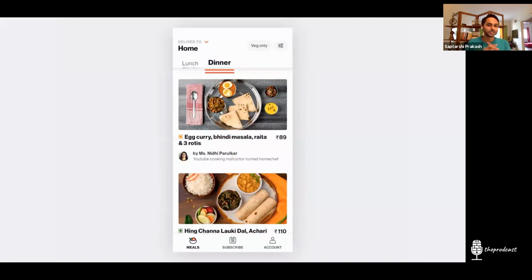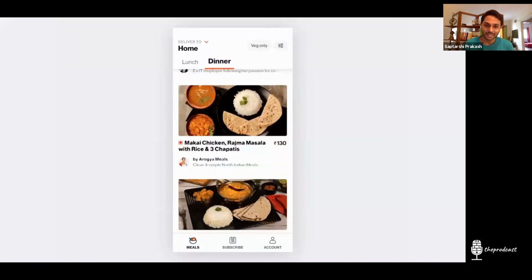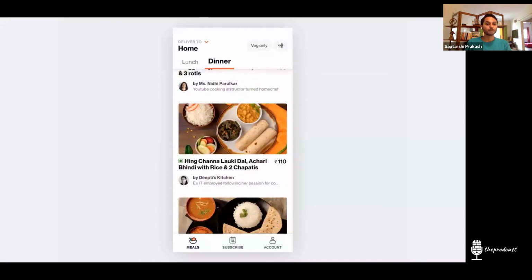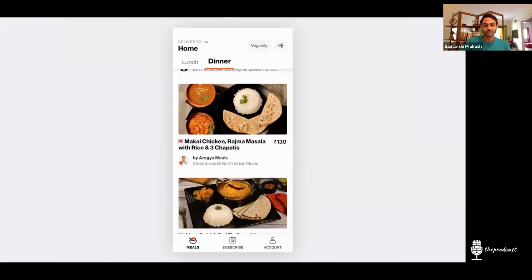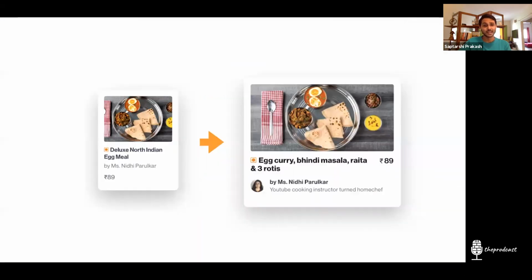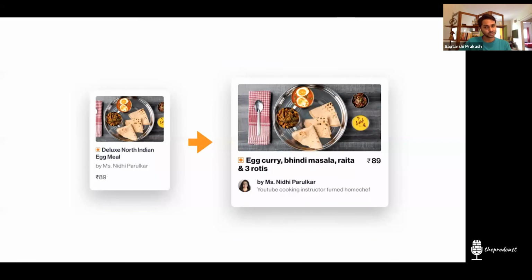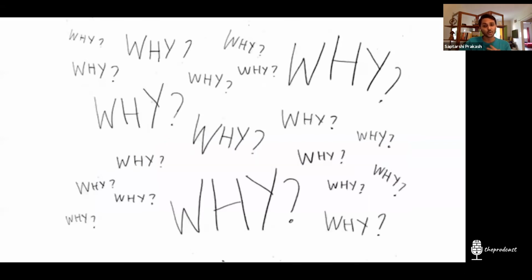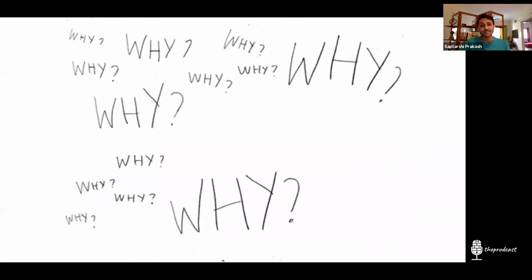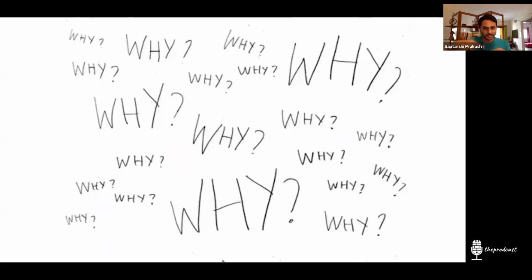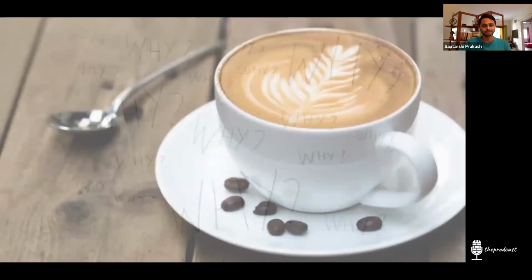So this is how the Swiggy Daily app is. It's serviceable in Gurgaon right now, and also in some parts of Bangalore as well. So yes, this is what we started with, and this is what we ended with, right? So yes, asking questions not just to others, but to your own self as well. Because while designing it, I asked questions to myself, like what will the user feel? And I tried to remove all those things here.